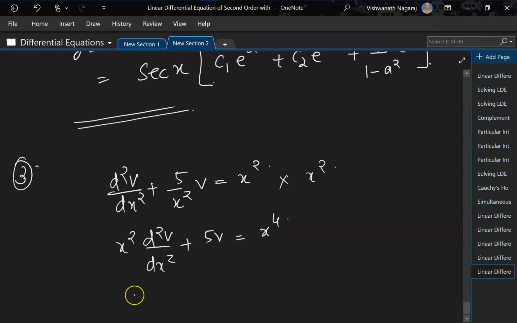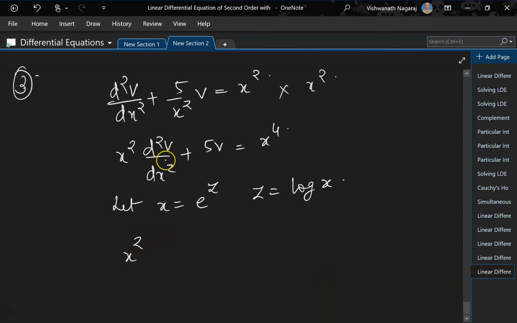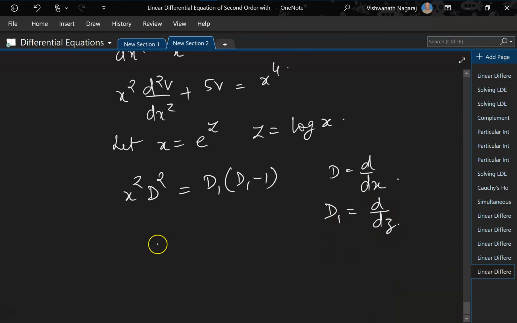So now let x is equal to e to the power of z. So that means z is equal to log of x. Now if we do the substitution, this becomes x square d square. We know x square d square is nothing but D1 times D1 minus 1. Here D is equal to d by dx and D1 is equal to d by dz, right? This we have already seen. Now what we can do is write it like this: D1 square minus D1 plus 5v. If we look at the equation, is equal to